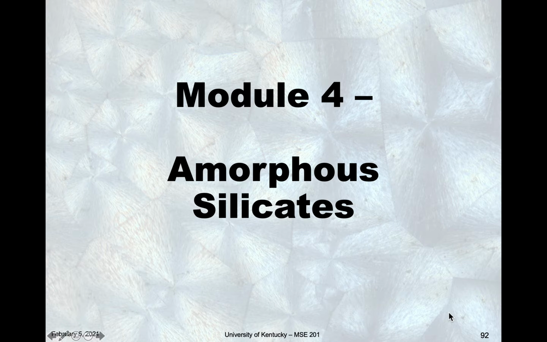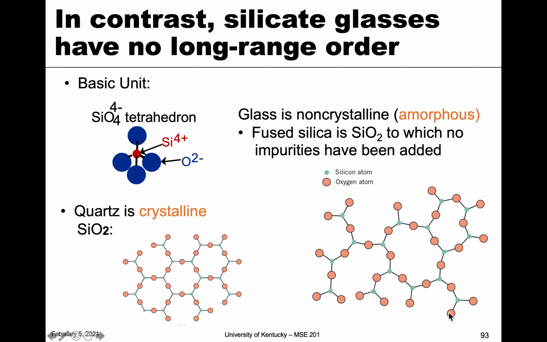All right. So one last topic while we're on the idea of silicates, let's talk about amorphous silicates. All of those structures that we've just talked about with the O to Si ratio table, all of those were crystalline, meaning that they had long range order structures. However, silicates can also form into amorphous materials. And these are those materials that we think of as glass. So if you just tell somebody glass, chances are you're referring to the non crystalline or amorphous version of SiO2